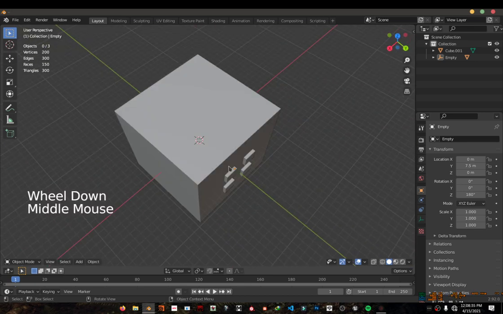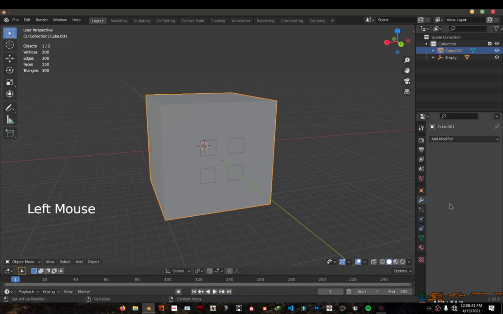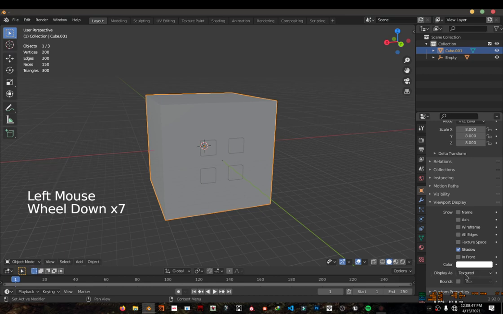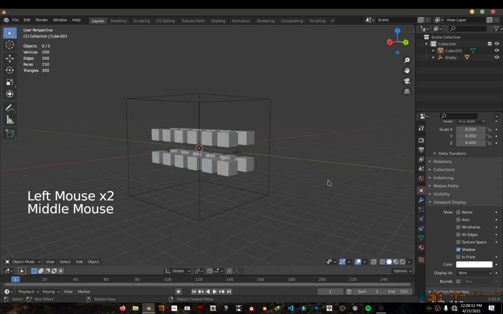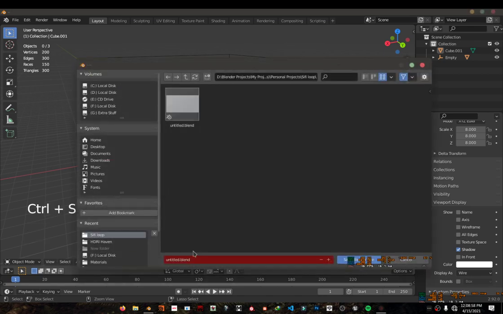And now, I added this cube for volume, and we'll work on that later, but right now it's getting in the way, so we'll again go to object properties, viewport display, display as wired. Now we can see inside of it. This is a good time to save the project too. I'll save it as tutorial